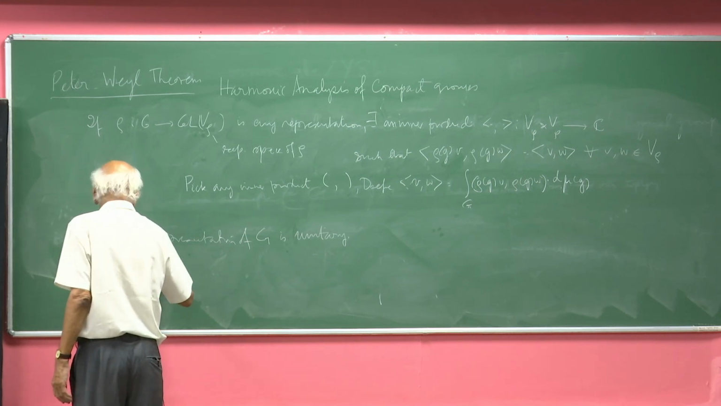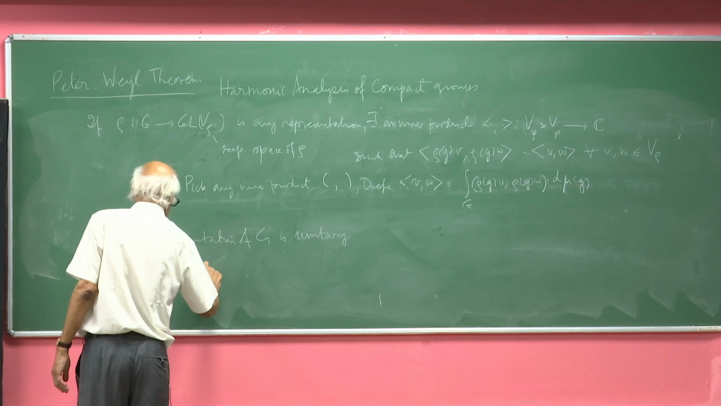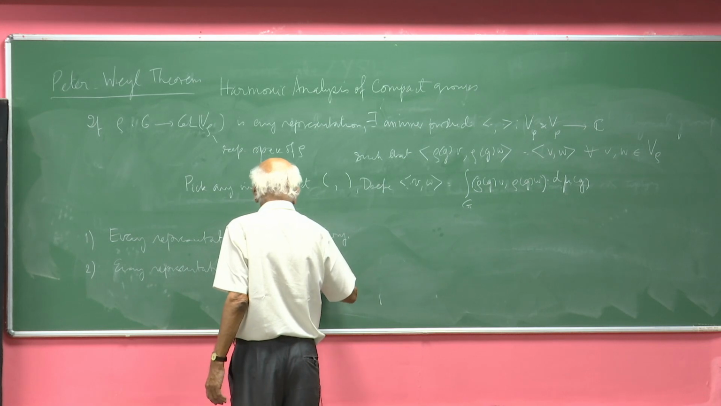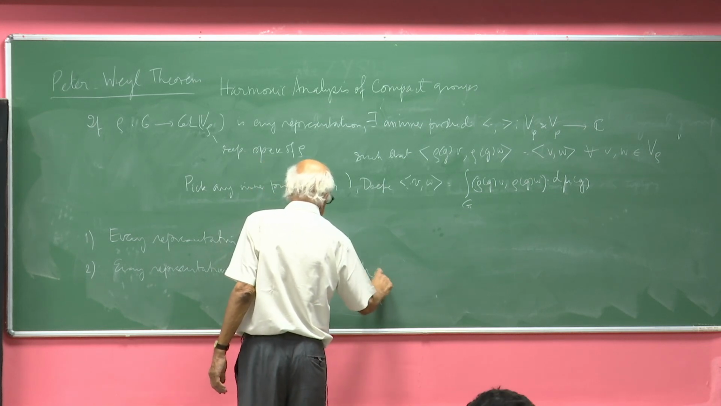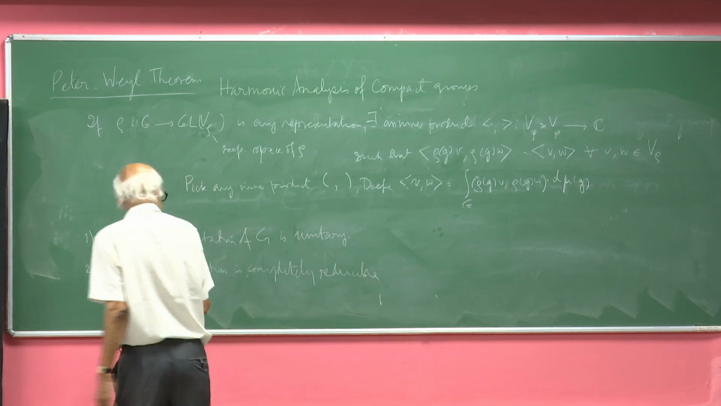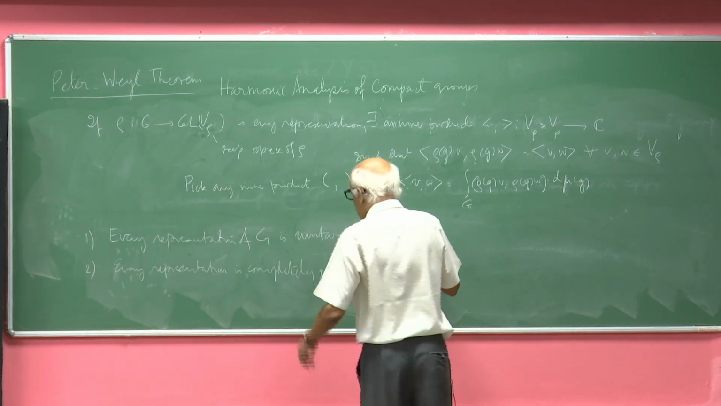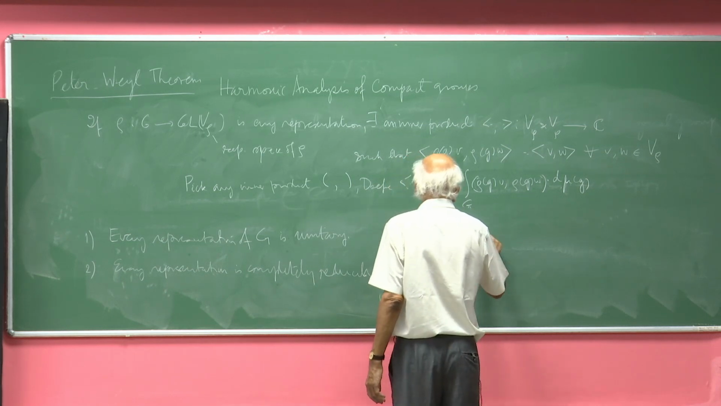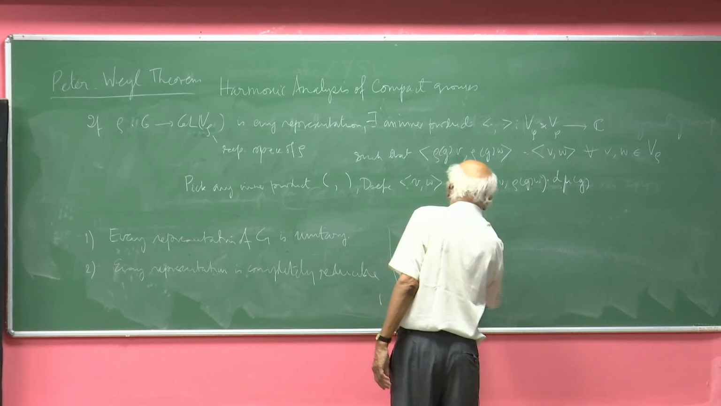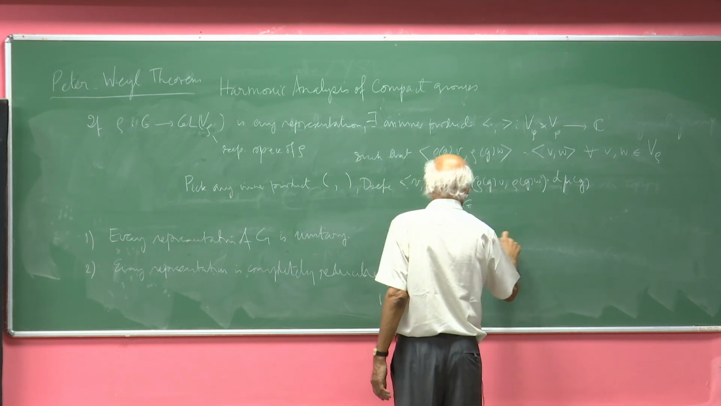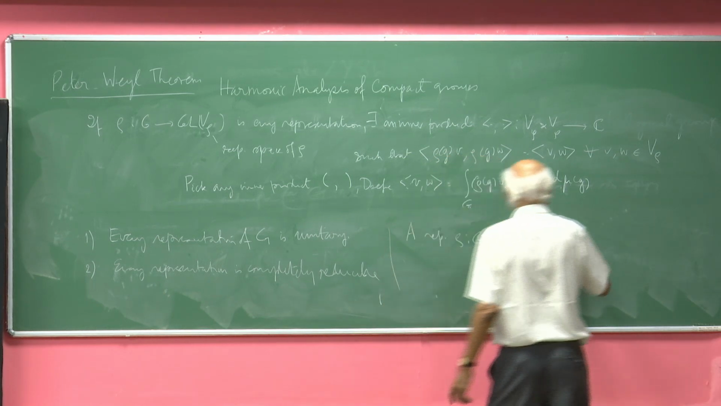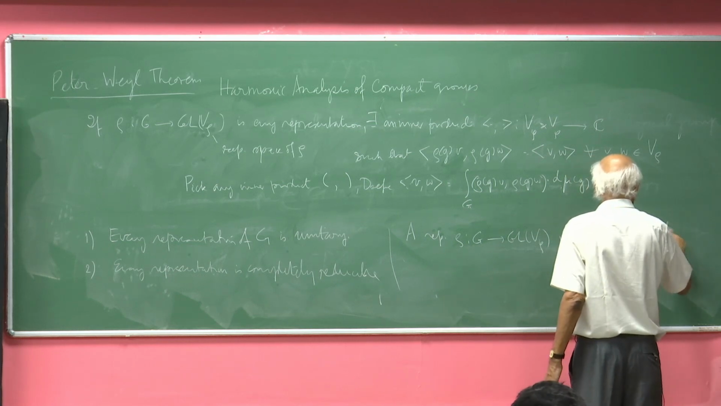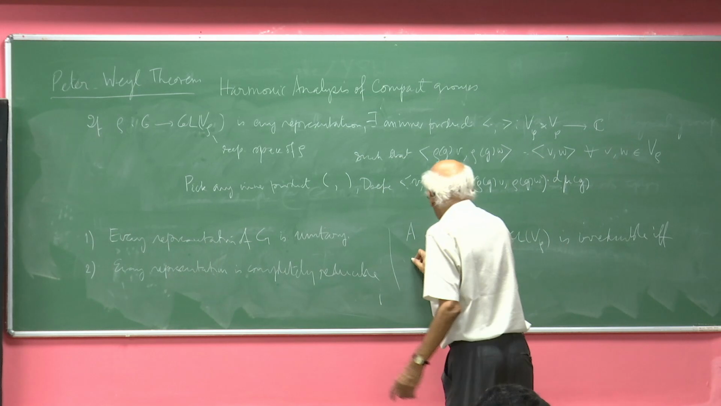every representation is completely reducible. What does that mean? First, I must say when a representation is said to be irreducible. The representation is irreducible